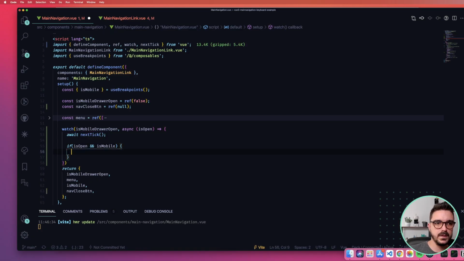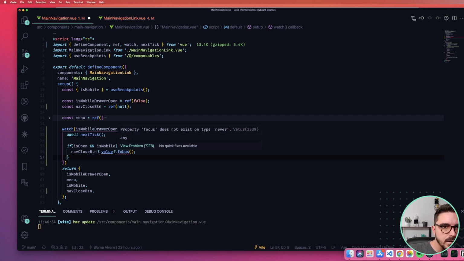So here, if it's open and it's mobile, then we can access it and say, hey, give me the DOM value of this and just focus. So, object is possibly null. Okay, that will help. On type never. Oh, come on, TypeScript, don't do this.